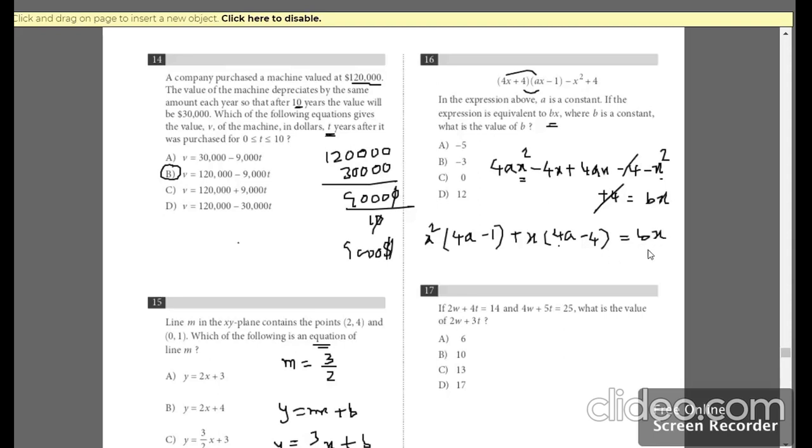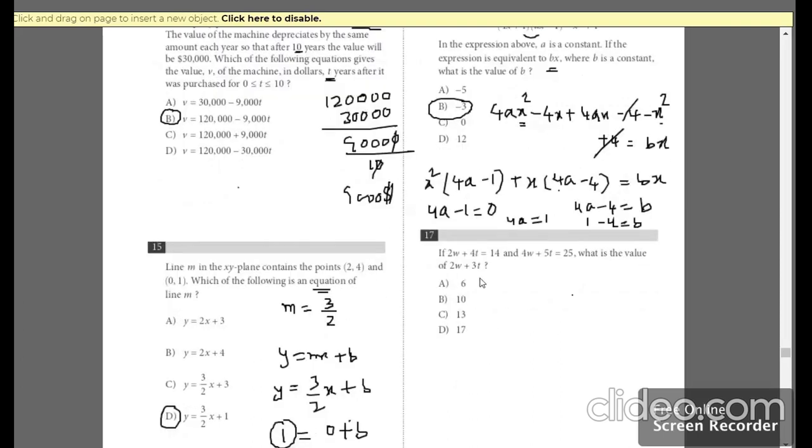So if you could just equate it, how are you going to equate? You're going to equate x square on the left side to the x square on the right, since we don't have it. So it means 4a minus 1, there isn't any x square term, so which is 0. So basically 4a is equal to 1, you can write 4a equals 1, and since 4a minus 4 is exactly equal to b, upon substituting 4a as 1, your b answer is going to be negative 3. Bingo, that is our answer B.